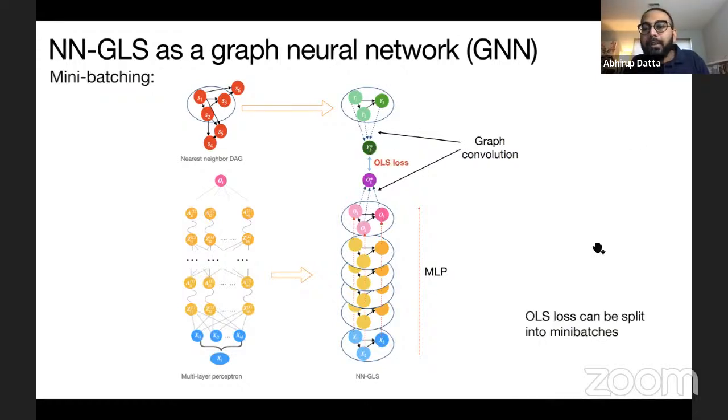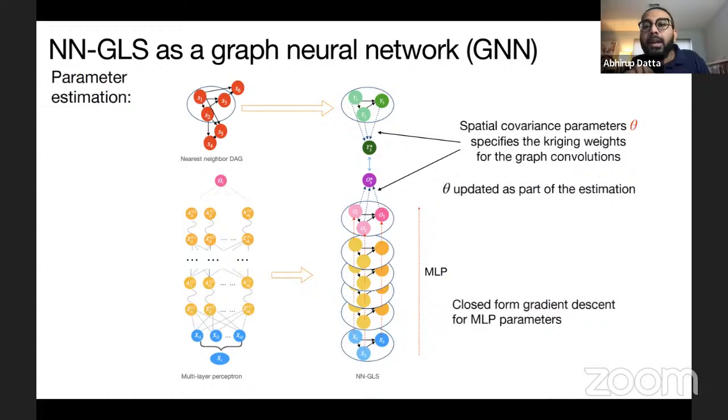The advantage of doing an OLS loss is that it can be split into mini batches, and so we gain back all the fast computational properties of neural networks. Even though we are actually doing a GLS loss between Y and O, it becomes equivalent to doing an OLS loss between Y star and O star when our covariance matrix is an NNGP covariance matrix. And so we just do mini batching in the same way we would for standard neural networks.